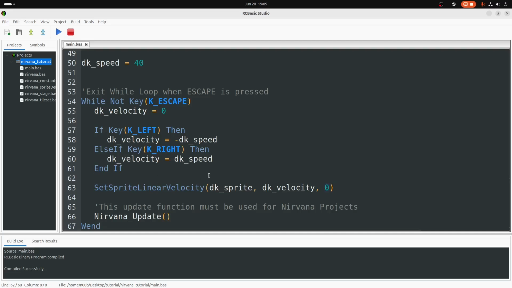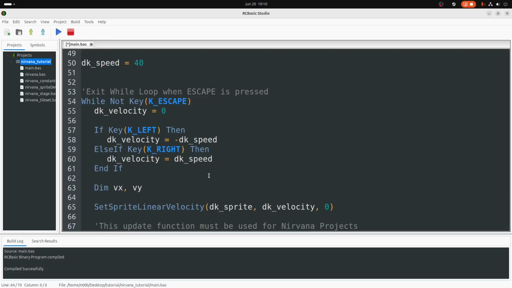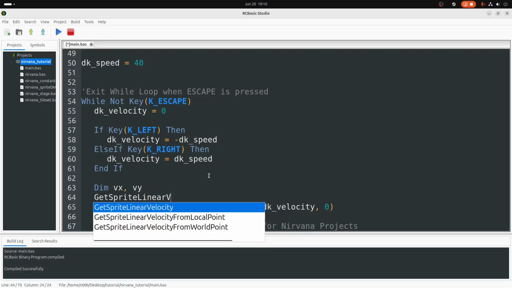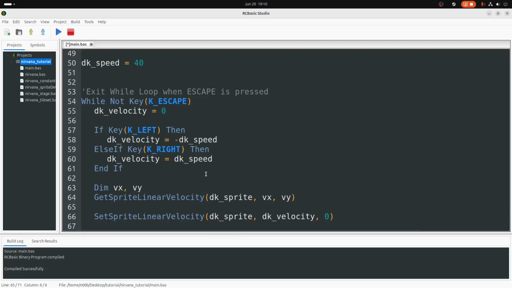So to get around that, we need to get whatever the y velocity currently is and then set it to that. So let's have a vx for velocity x and a vy for velocity y. And then we'll get the current linear velocity for the sprite. So get sprite linear velocity decay sprite vx comma vy. We're not going to do anything with vx because we're using the decay velocity as our vx,